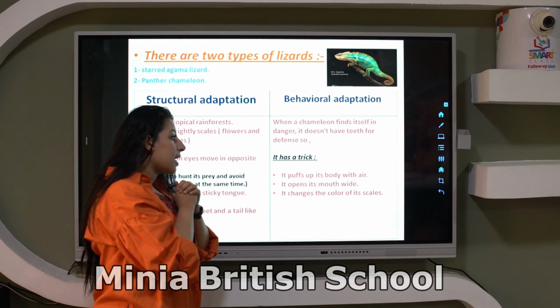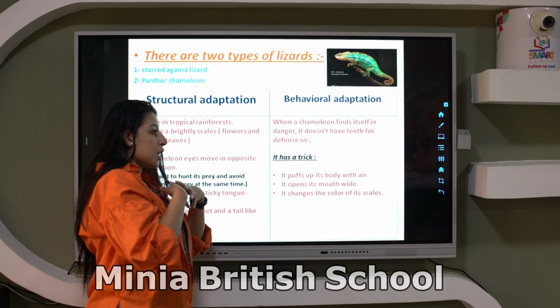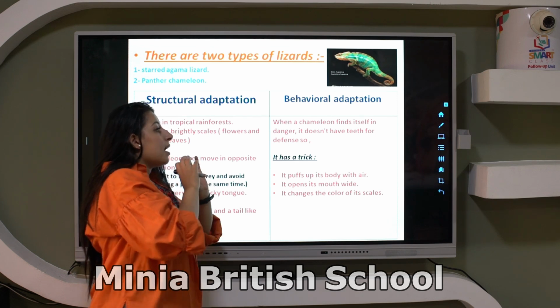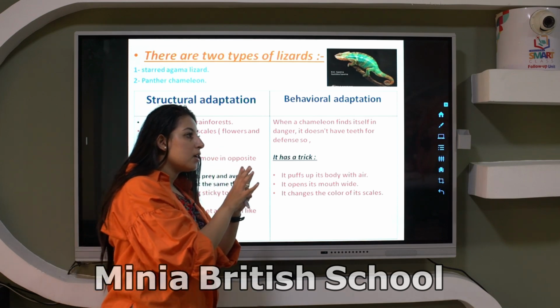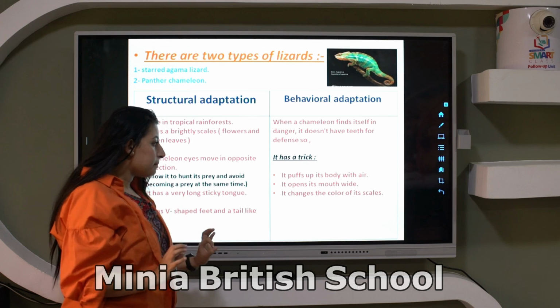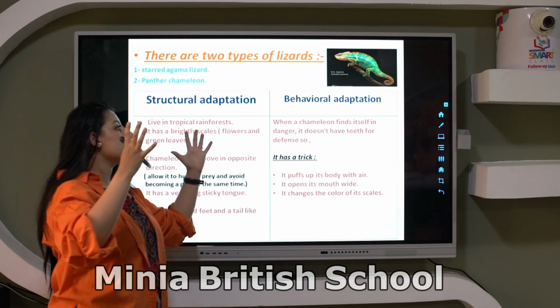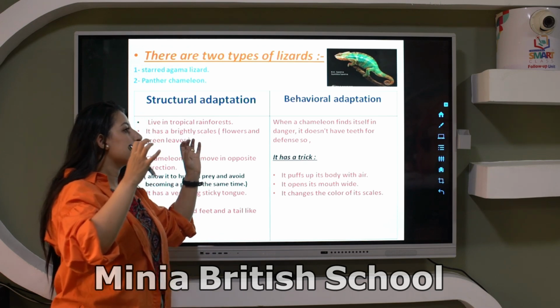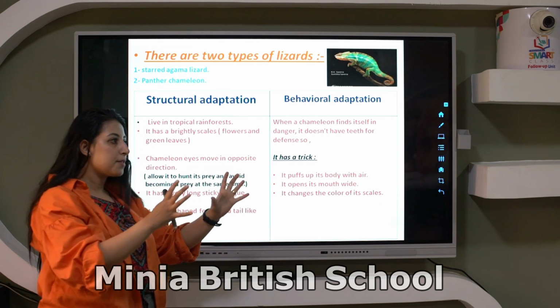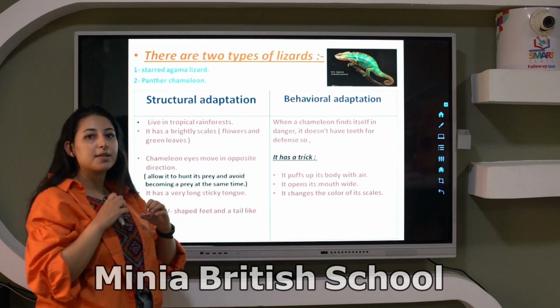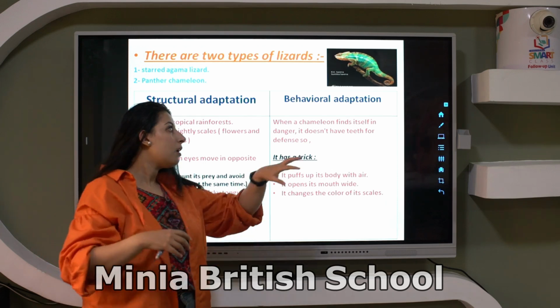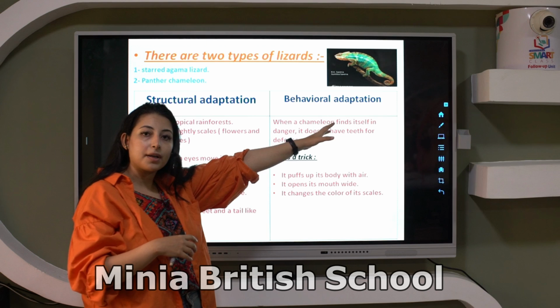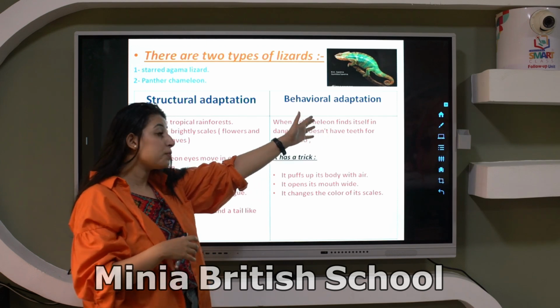First thing, it puffs up its body with air when some enemy approaches it. Immediately it puffs up its body with air to scare this enemy, like this. I did it by myself. The panther chameleon also did it by itself. So it's related to behavioral